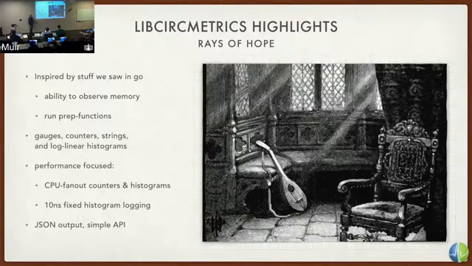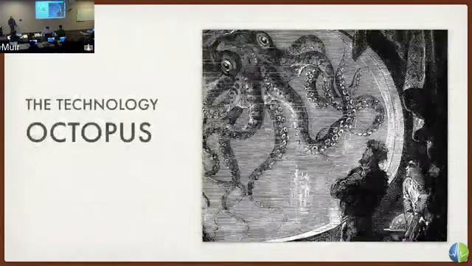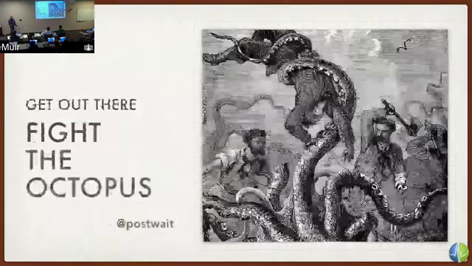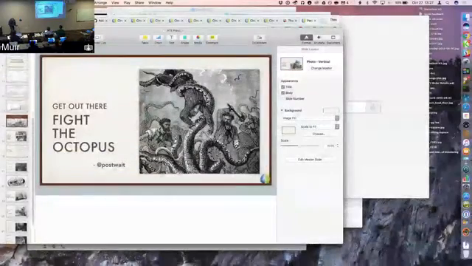And then there's an internal API that will dump all of that stuff as JSON data. And there's two modes for that. One of them is to dump the super aggregate set of that, and then there's another one to dump since the last snapshot. So you can get incremental snapshots of what's happened. So that's that. The API is super simple for that. It helps us fight the technology octopus. But the important part is that